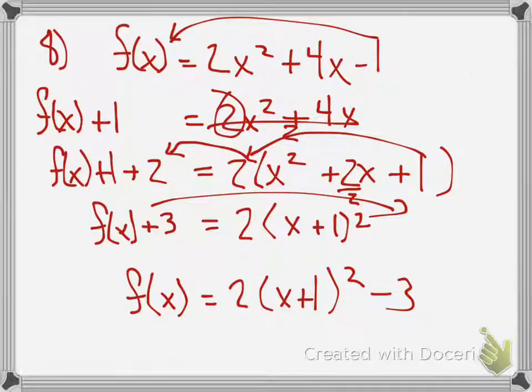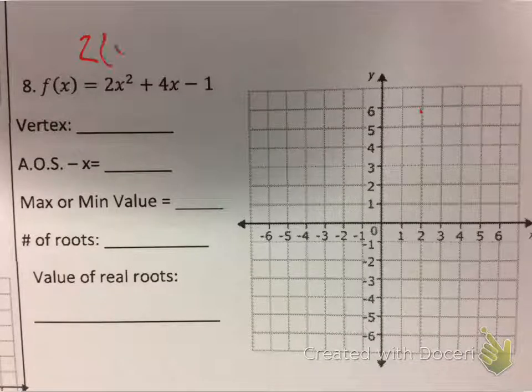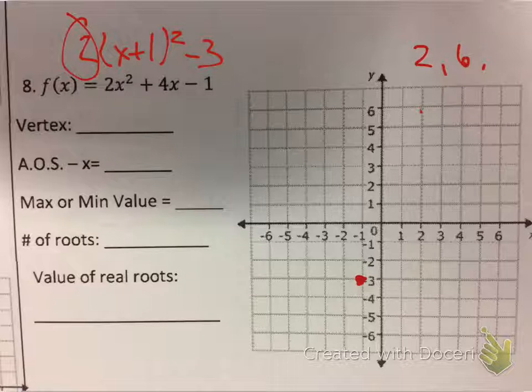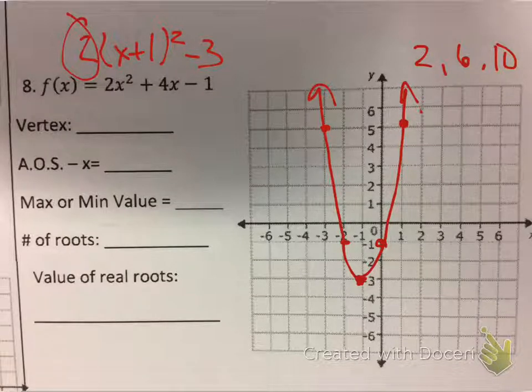So this would be 2 parentheses x plus 1 squared minus 3. Make sure I got it right. Yay, I did. So 1 to the left, down 3, I'm right here. Take this 2, multiply it to the 1, 3, 5, that would give me 2, 6, 10. So up 2 over 1, up 6, 1, 2, 3, 4, 5, 6 over 1. And I don't have room for the 10, which happens quite often, to be honest. And there you go. You've got a vertex at -1, -3,